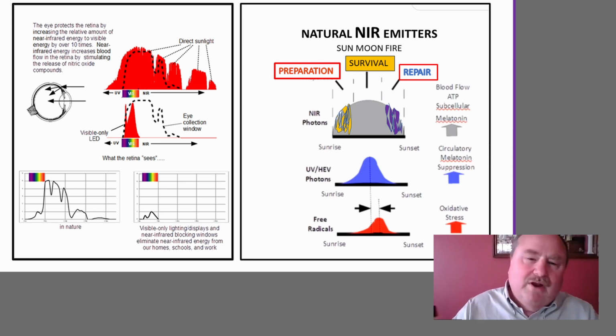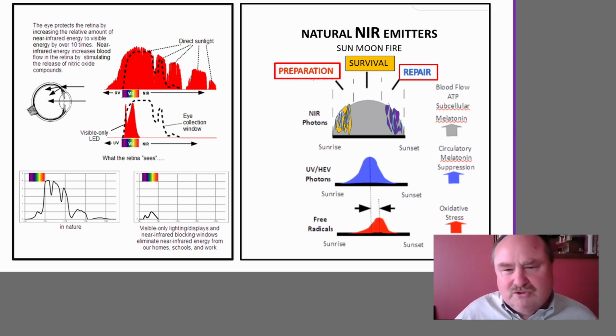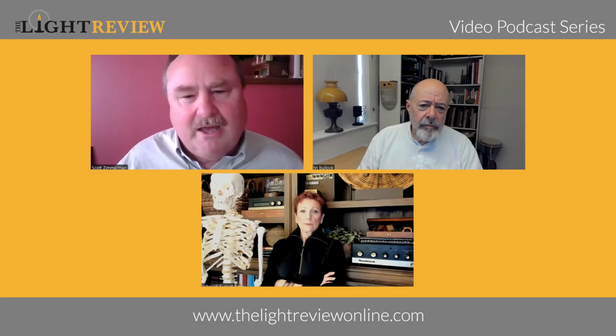And we don't have the slide here, but the most amazing and humbling thing when I was doing the optics is when you look at what happens in the brain, it is just absolutely amazing. Literally, the visible portion is blocked. The near infrared penetrates through your skull into the cerebral spinal fluid that Deborah was talking about, and it acts just like a light guide, like we would use in lighting to distribute light. Wow. It literally takes the near infrared and moves it down into the fissures. And isn't it amazing that the gray matter is on the outside surface, surrounded by cerebral